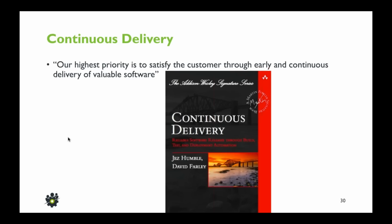Quite whether it meant in their heads the same thing as what continuous delivery ended up turning out to be when Jez Humble and Dave Farley wrote the book, I'm not entirely sure. But some years later, let's jump forward about 5 years, and then this book, Continuous Delivery, came out by Jez Humble and Dave Farley, and it talks about